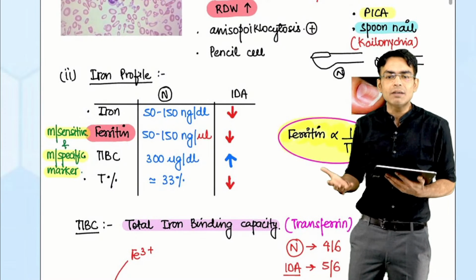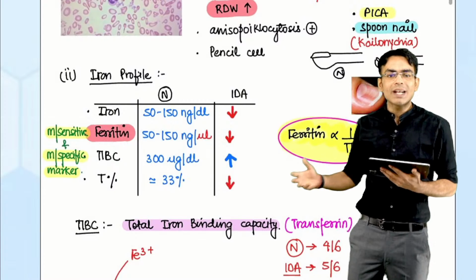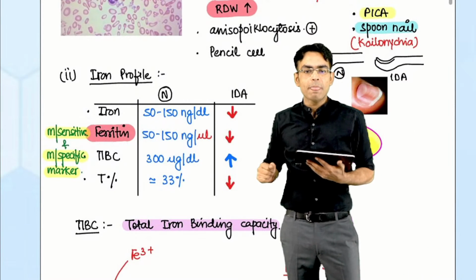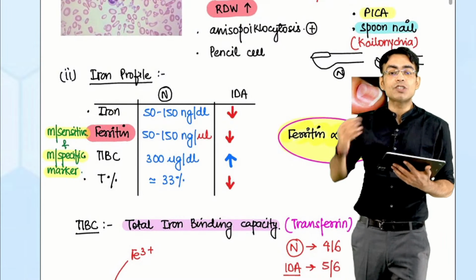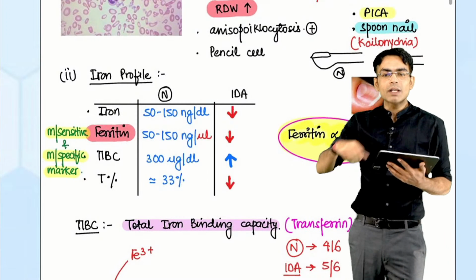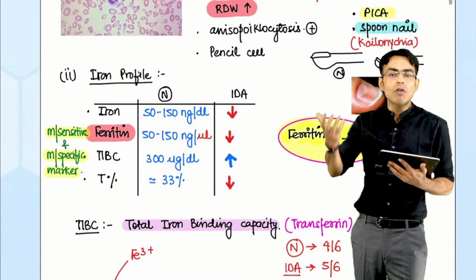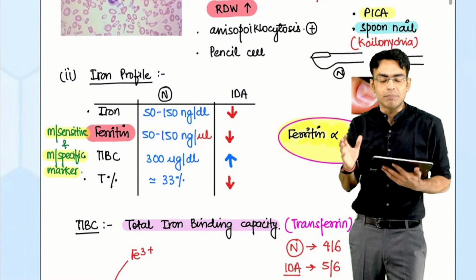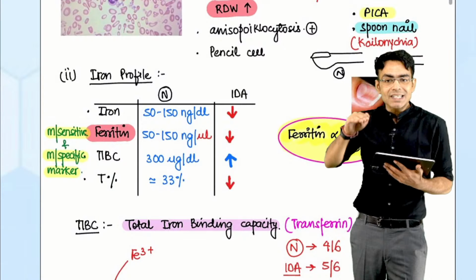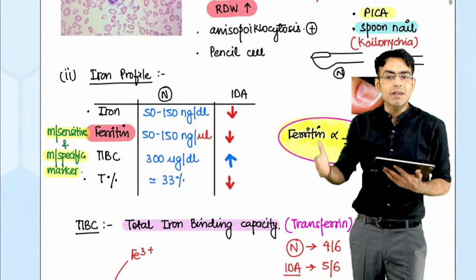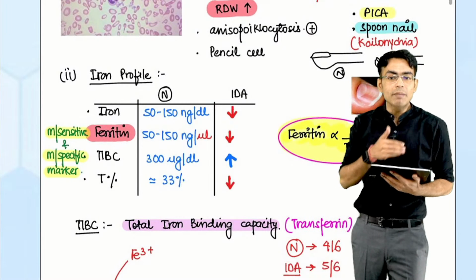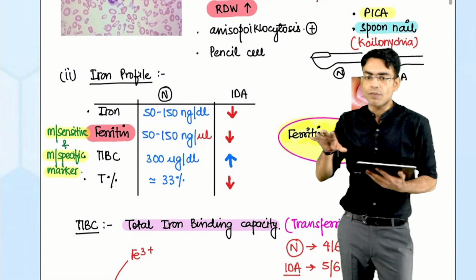What you can check in the blood of the patient is serum ferritin, because serum ferritin is a reflective value of how many ferritin molecules are stored in your body. The more ferritin molecules stored inside your body, the more will be reflected in the patient's blood. So if you're getting less serum ferritin, that probably means the patient has iron deficiency anemia, and they have already mentioned in the question that it's a known case of iron deficiency anemia.